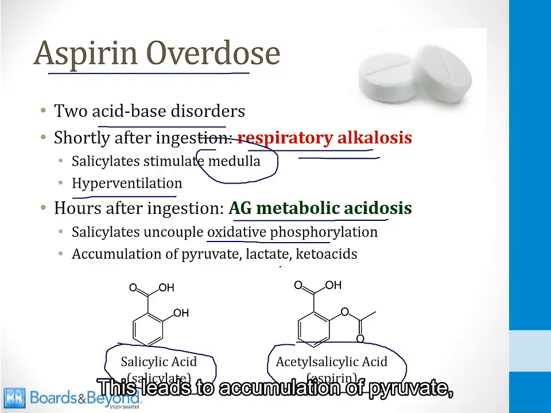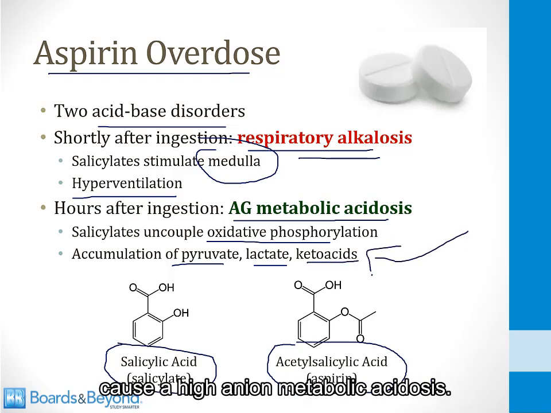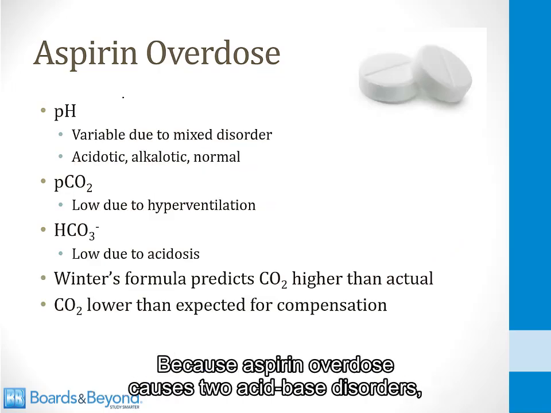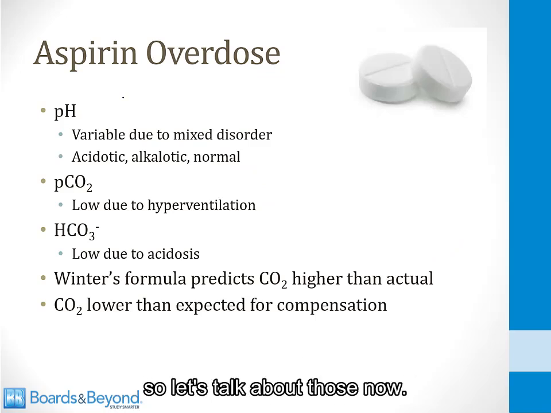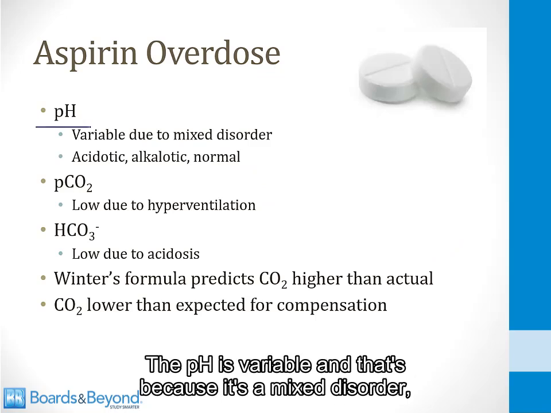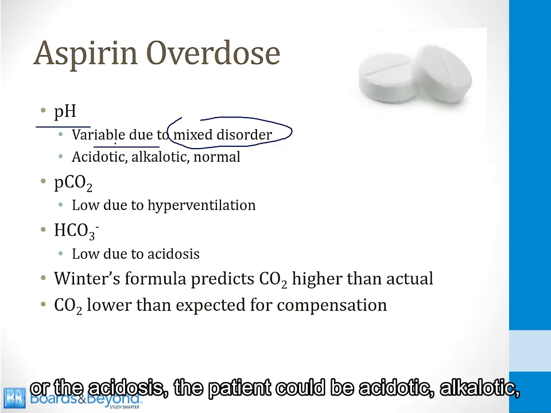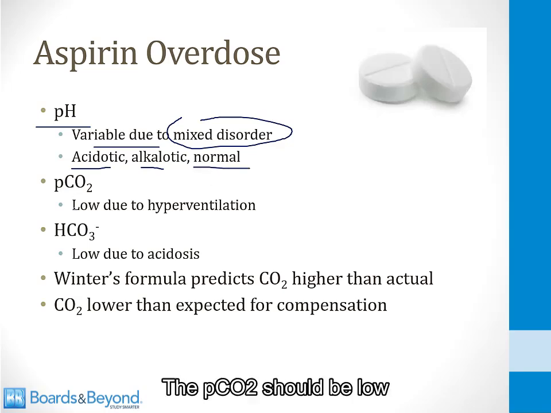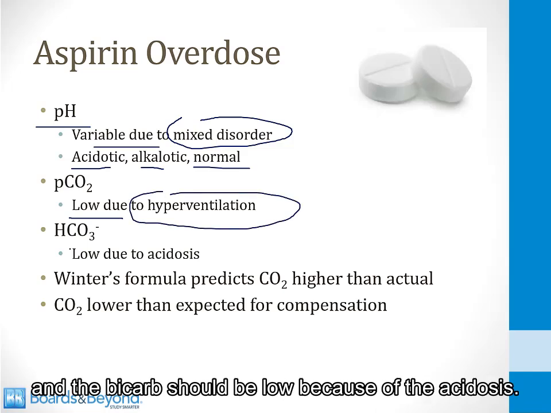This leads to accumulation of pyruvate, lactate, and keto acids, and all of these things cause a high anion gap metabolic acidosis. Because aspirin overdose causes 2 acid-base disorders, the laboratory findings can be tricky, so let's talk about those now. The pH is variable, and that's because it's a mixed disorder. So depending on what dominates, the alkalosis or the acidosis, the patient could be acidotic, alkalotic, or even have a normal pH. The PCO2 should be low because patients with an aspirin overdose hyperventilate, and the bicarb should be low